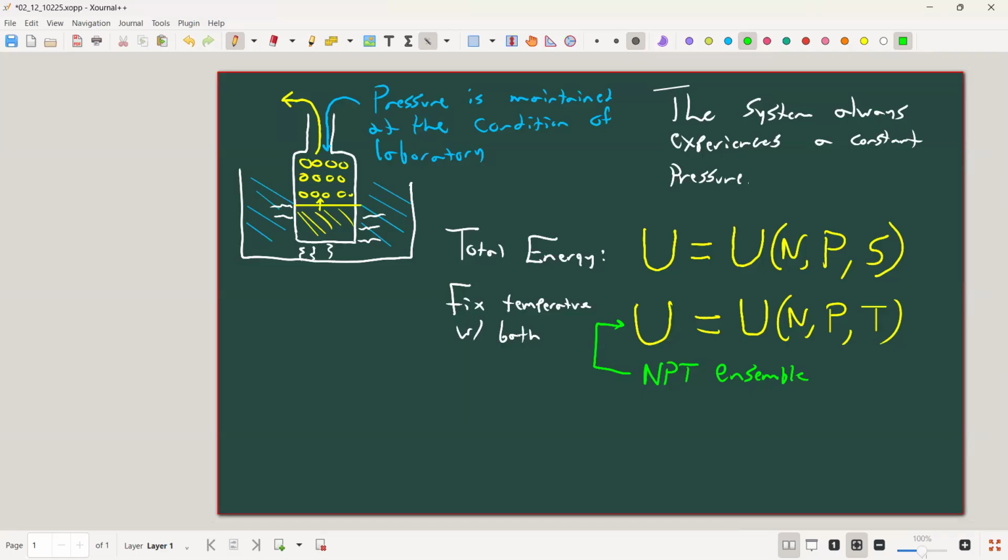So we can do the exact same thing we did before. We can vary U and think about how U changes with respect to the other variables. And so we can vary U to U plus dU. All right, and just like before, we can write the total derivative of the function dU